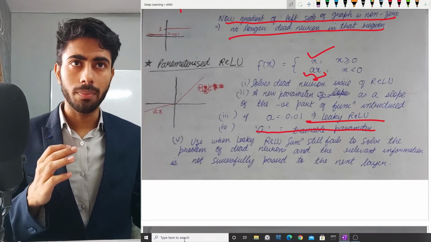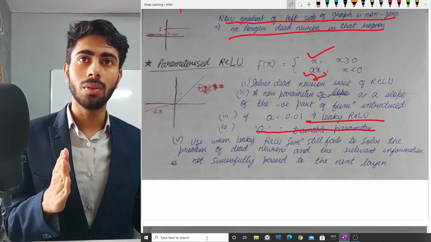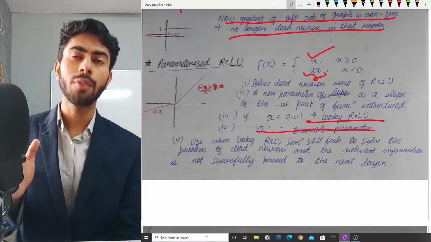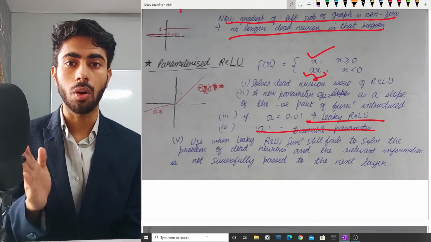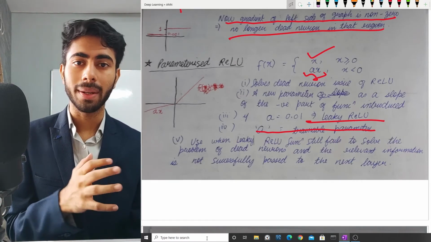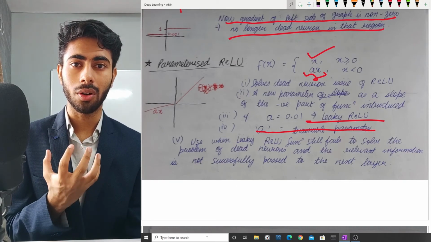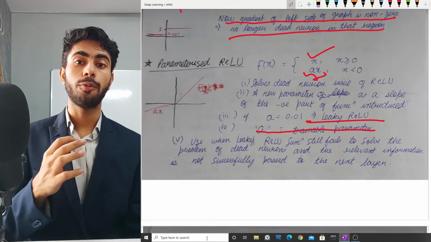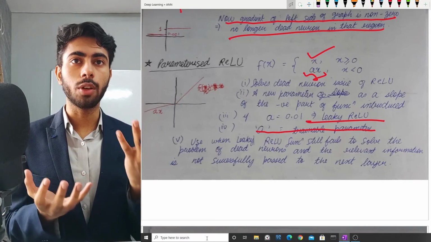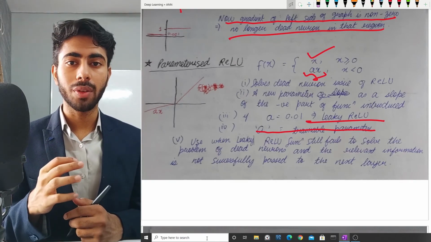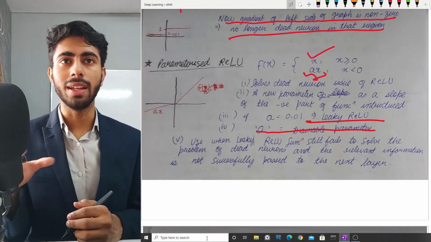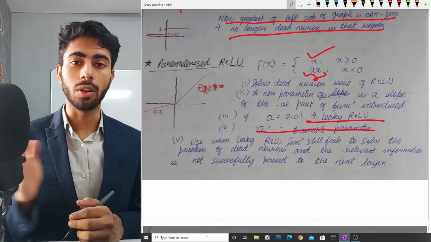Now, even though theoretically leaky ReLU and PReLU solve the issues of normal ReLU, that is, they have solved the issue of dead neurons, even then they are not able to perform far better than ReLU. Their performance is comparable or equal to that of ReLU. So whenever we are training a neural network, we don't generally specify leaky ReLU or PReLU. We generally use ReLU only.